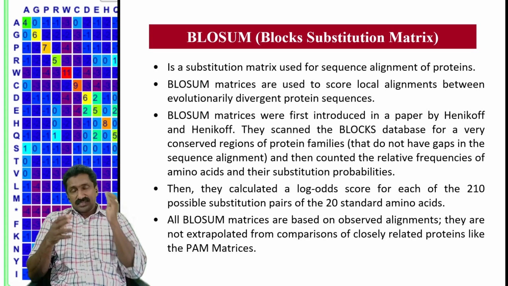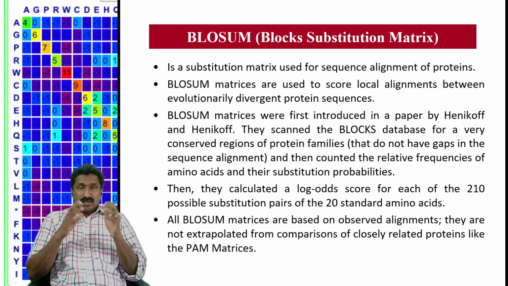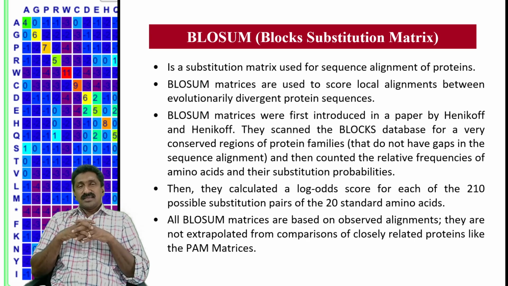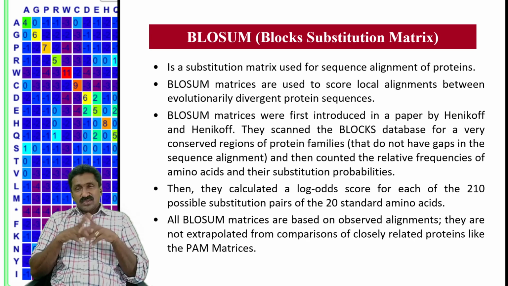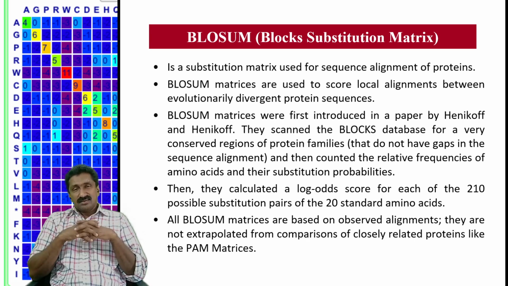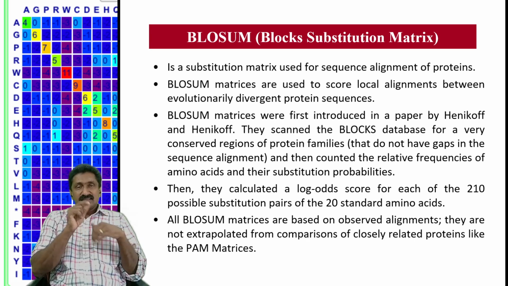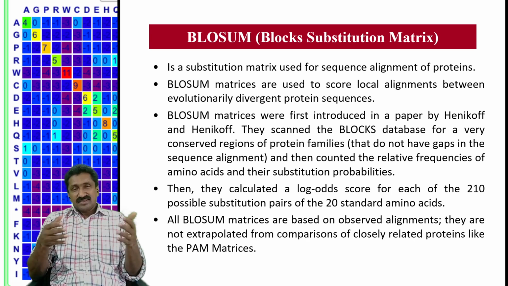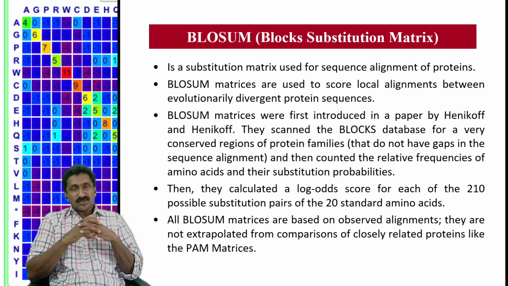You will see in the case of a BLAST search, when you are performing it, there may be an option for highly similar sequences, or somewhat similar sequences, or highly dissimilar sequences. You can select any option. If you are not getting any result with the highly similar sequence option, then you can relax it by selecting somewhat similar sequences. It will relax the scoring pattern and see whether, with a large number of mutation possibilities, it is matching or not.